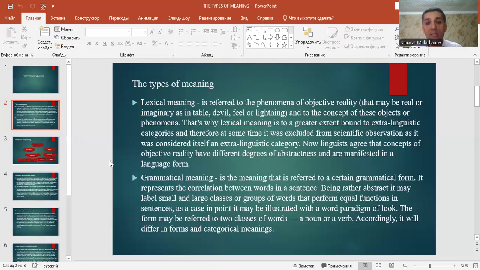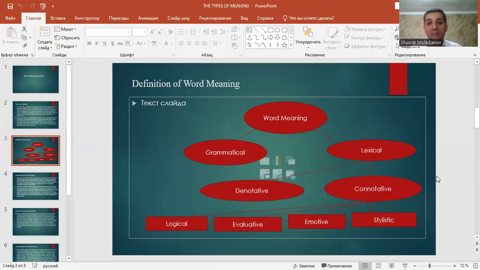For example, the singular and plural forms of nouns, verb tenses, or the grammatical meaning of prepositions or articles. They all have their own specifications in grammatical categorizations. That's why words belong to different types of meaning, called grammatical meaning and lexical meaning. In this chart, you can see the demonstration of the word meanings. Generally, we distinguish two types of them: grammatical and lexical meaning.